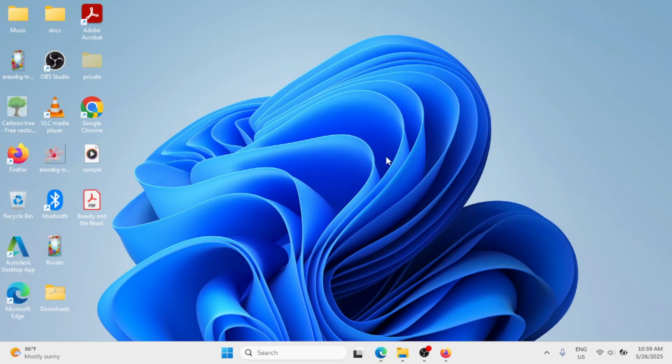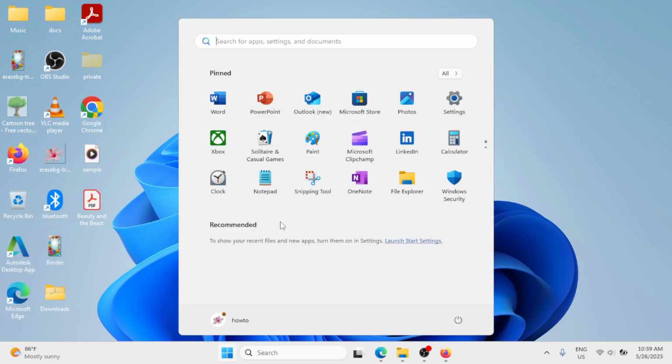Now close this. The simple way of fixing this issue is we can also just try to restart our Windows. So press the Windows key, and then use the tab key on your keyboard, and then use the right arrow key to get into the power button, hit enter. Use the down arrow key and select the restart button, hit enter to make a simple restart on your Windows. And if that simple restart fixes your issue, well good, but if not, move to the next methods.